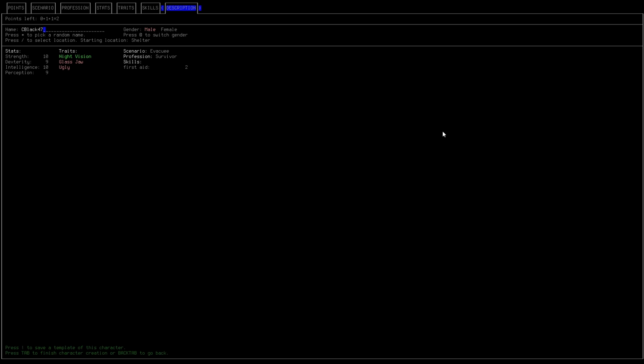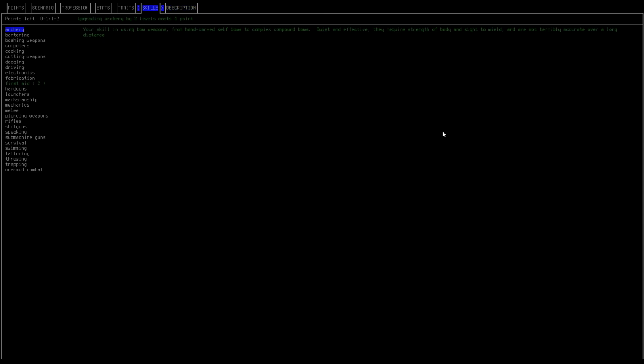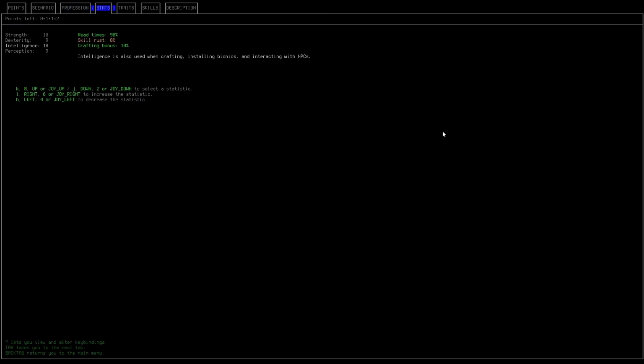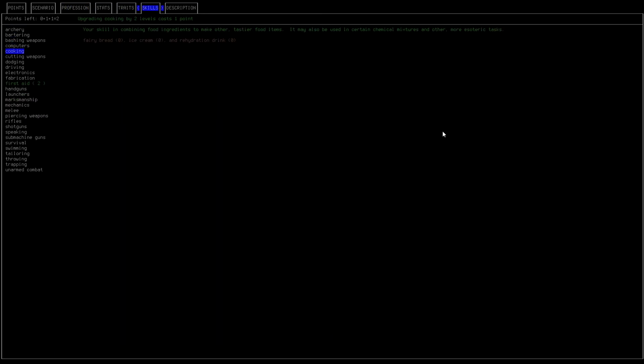I have two points left, and I totally forgot. So let's go right back here and hit skills. I want to get my fabrication mechanics. On this one, because in my playthroughs a lot of my stuff, I like to use vehicles, and the easier it is to get in there to work on the vehicles, the